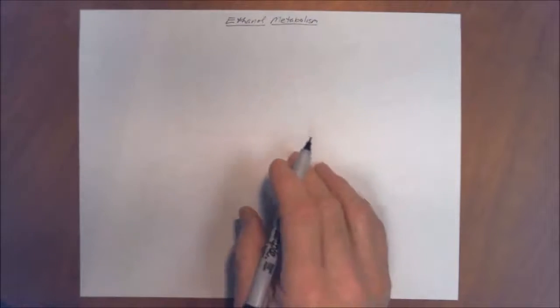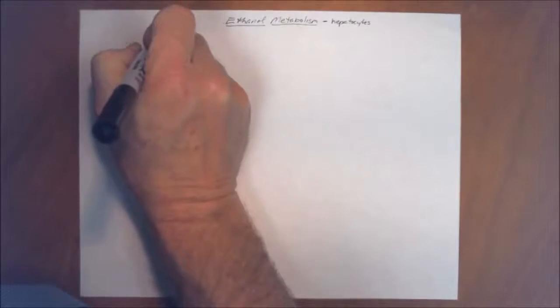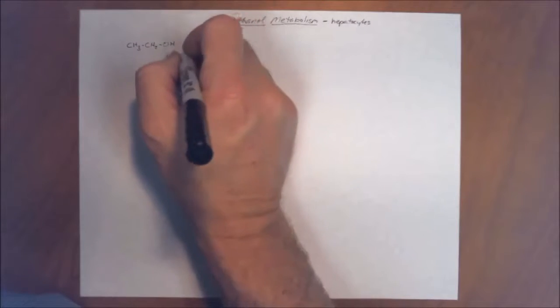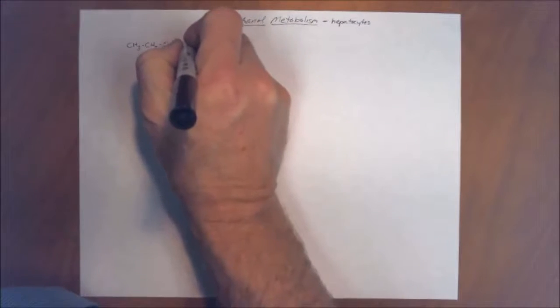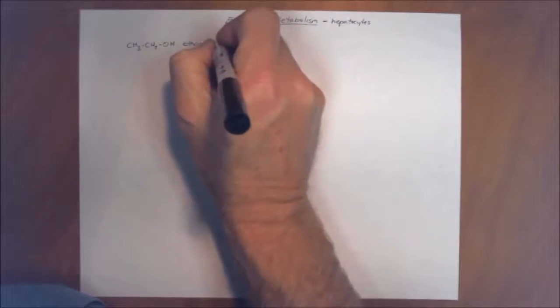Okay, let's take a look at ethanol metabolism. The primary location for ethanol metabolism, of course, is in the liver and the hepatocytes. Ethanol is a very small and simple molecule, and being so, because of this size and the chemistry of it being slightly polar, it is easy to pass into the cytoplasm. It passes through membranes by simple diffusion,